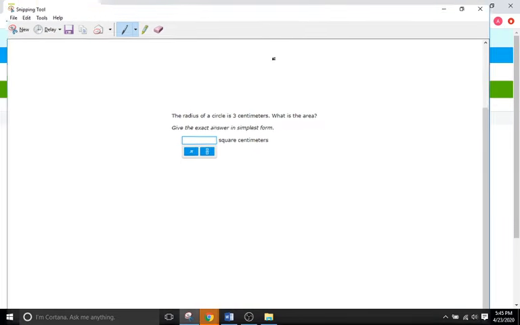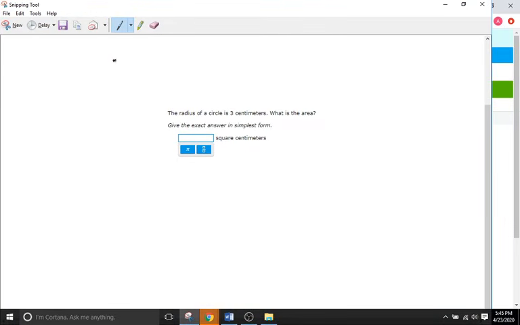So all we're going to do, and if it helps, you can draw a circle. I'll attempt to draw one here, but I'm using a mouse, so it's not going to be super precise. Oh gosh, that could have been worse. So we have a circle and it says the radius is 3, so I'll do the center and then draw that. So the radius is 3. What is the area? So all we do is remember area